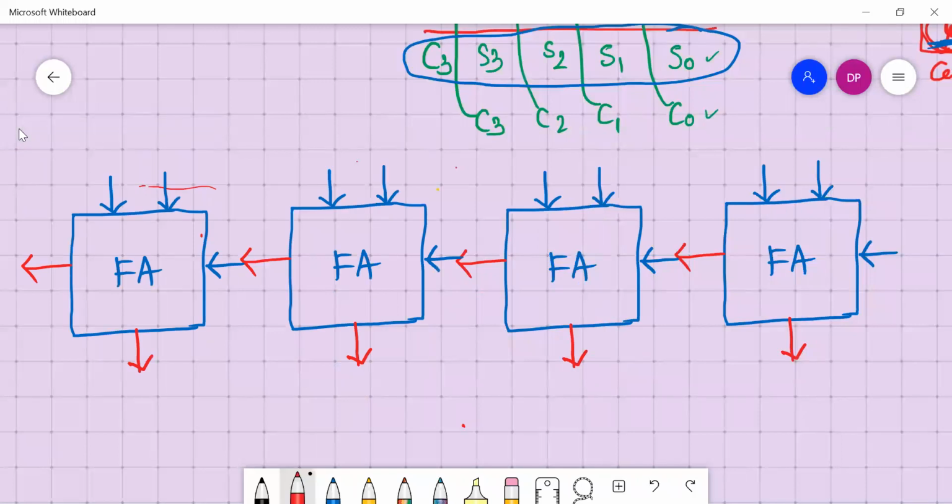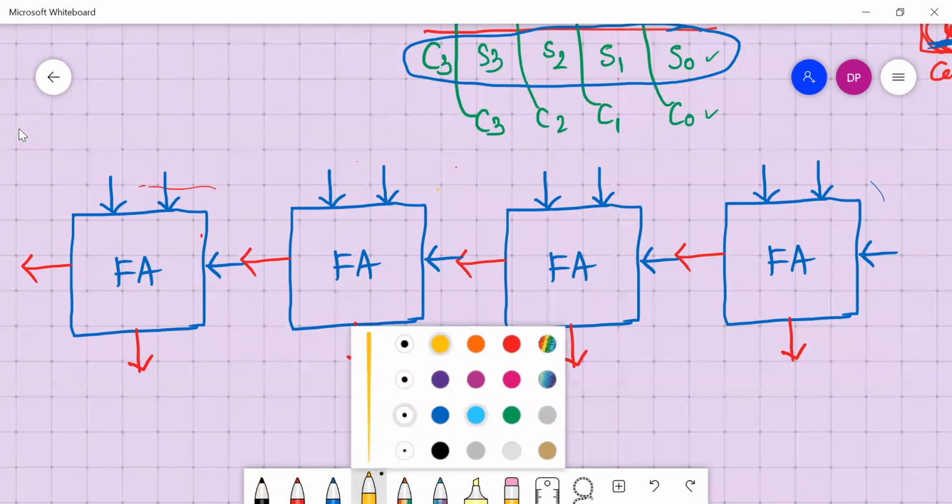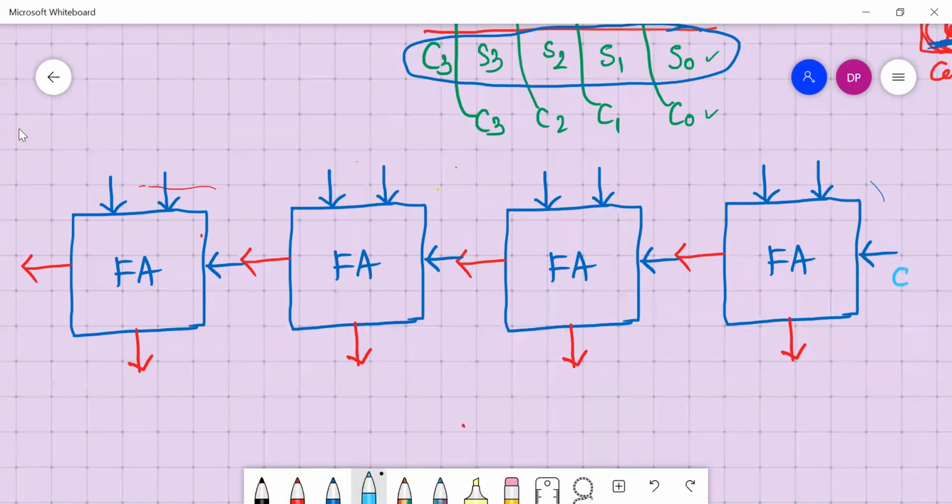Okay, so we have taken these 4 full adders. You can see, right? So what we'll do now, here, this is C in. For the first full adder, this happens to be 0.